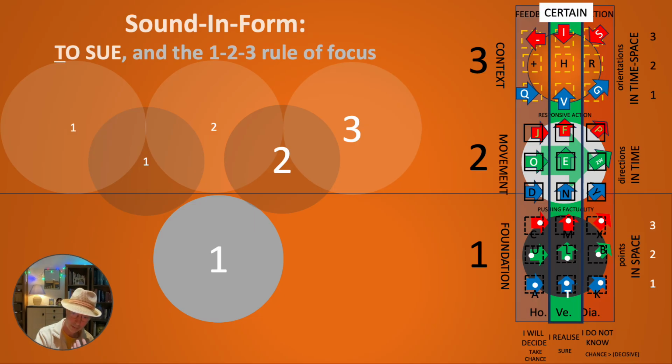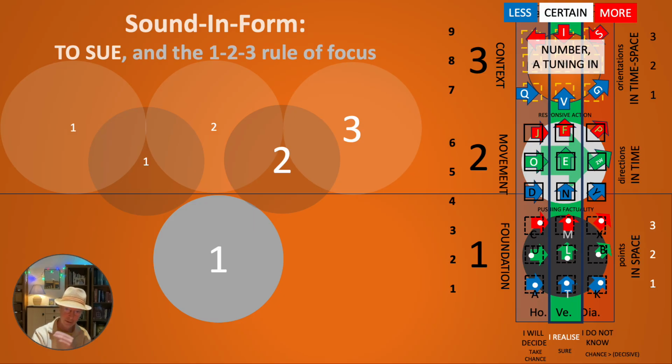We will focus with the first letter of "to sue", with the letter T, with a certainty. Where is that certainty? It's in a foundation in space. So we are certain of an objective focus in space. So we know what the things are that we are talking about, and also where it is. So everything with "to" in every verb, we start with knowing what we're talking about and where it is.